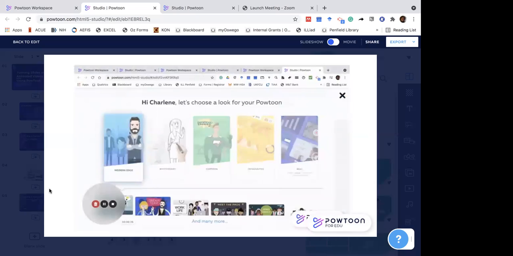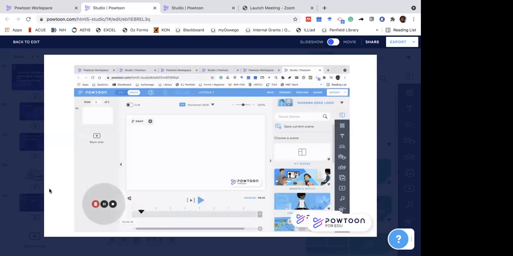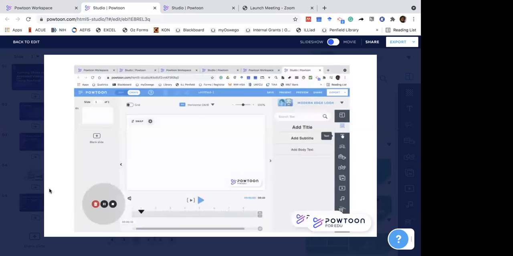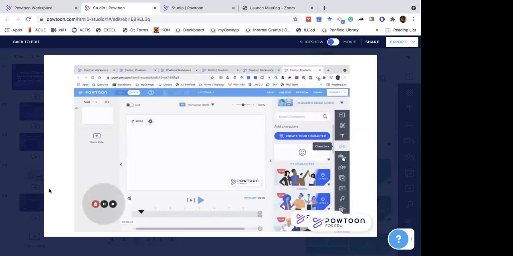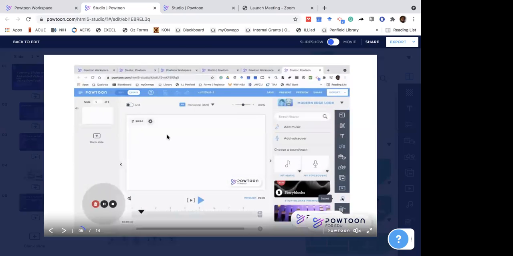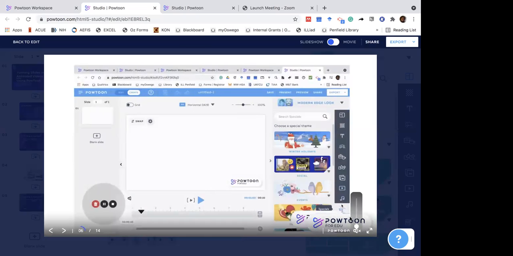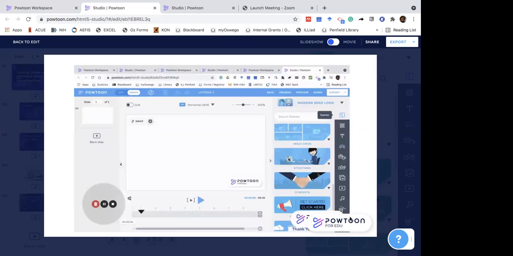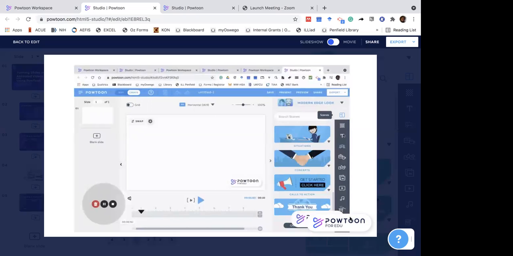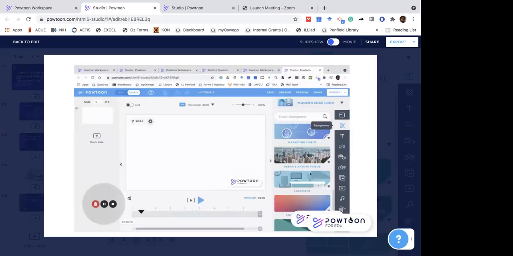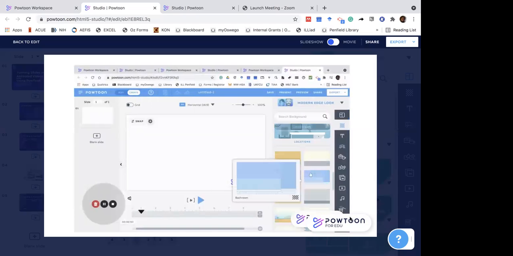They allow you to use different characters. I find that the software itself is very inclusive. They do have a diverse array of options when it comes to having avatars, and you could also use your own photos on there. And this is just a quick run through of the menu that actually exists in the interface for the create option. Here, I'll just do a quick demo of how you would go about creating your own presentation,